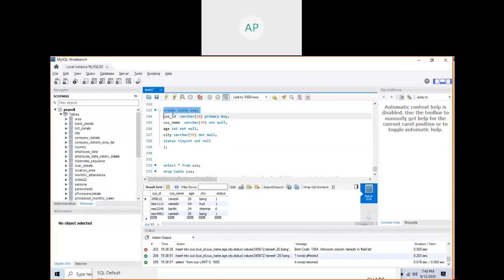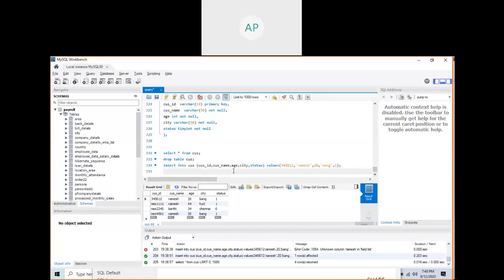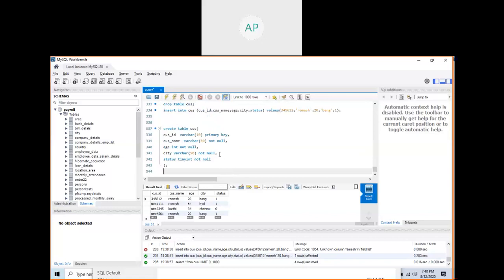Let me go down, Control C, Control V. Let me introduce one email column: email_id. Then what will happen? What is the data type? Varchar. Email can be a combination of letters and numbers. So this one is not null. Okay, not null, but this should be unique. Why? UNIQUE. Not null and unique.